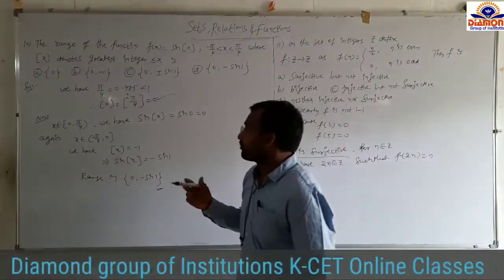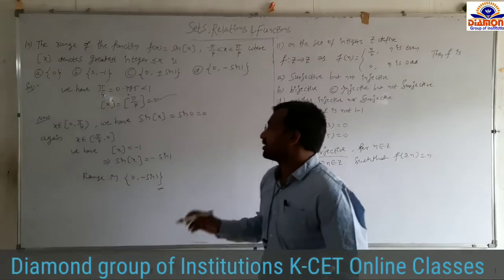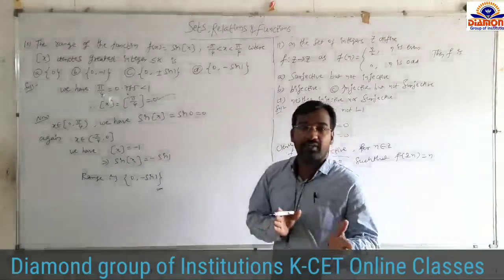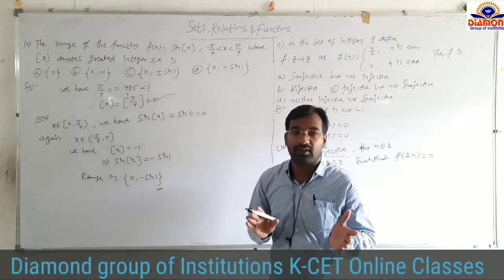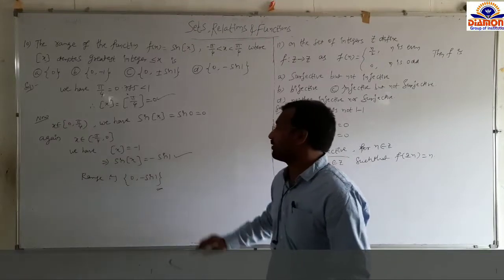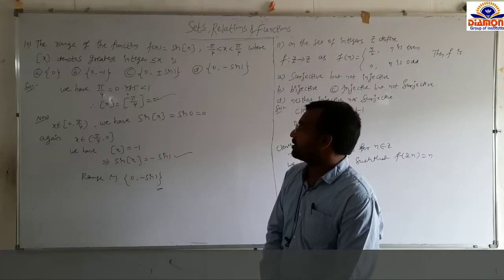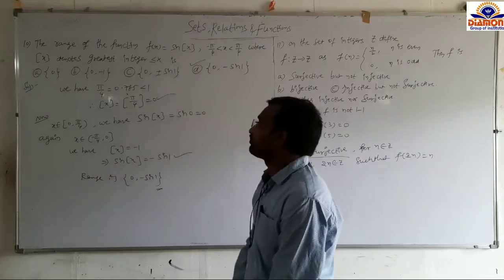So next, suppose if you take again the open interval (minus pi by 4, 0). So this is a negative interval. In the case of a negative interval, 0 minus 0.something, step is minus 1 only. That's why in this case sine of step x equal to minus sine 1. So that's why the range is 0 and minus sine 1. So option D is the correct answer.